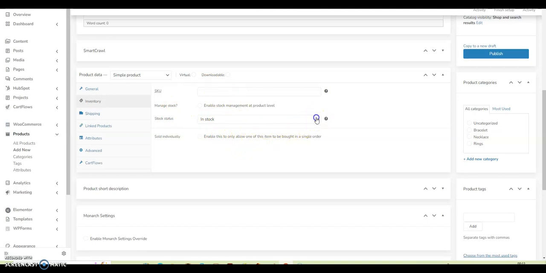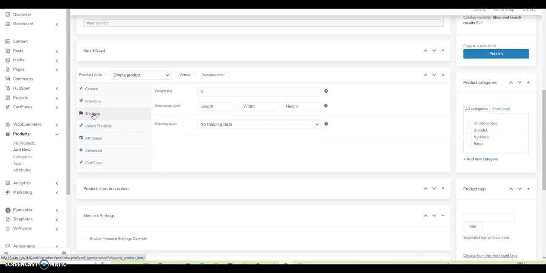This drop down menu here, you can tell that it's out of stock, on back order. And then you can enter the settings for the shipping, how much it weighs, dimensions, and shipping class, no shipping class, it says there.